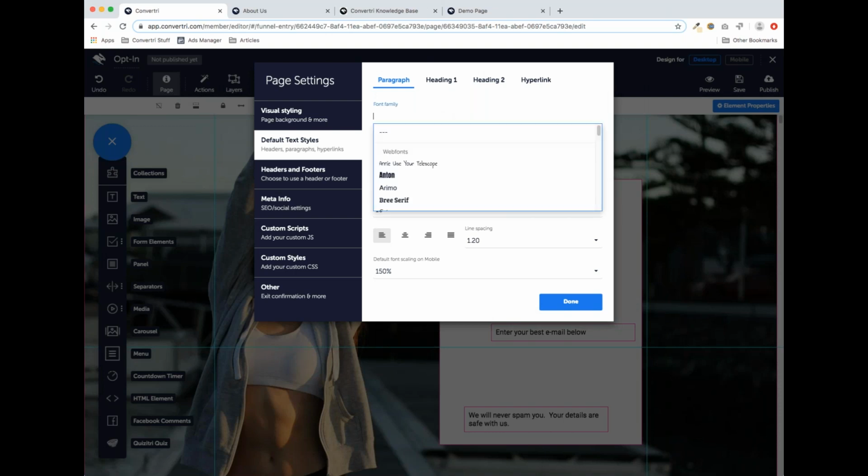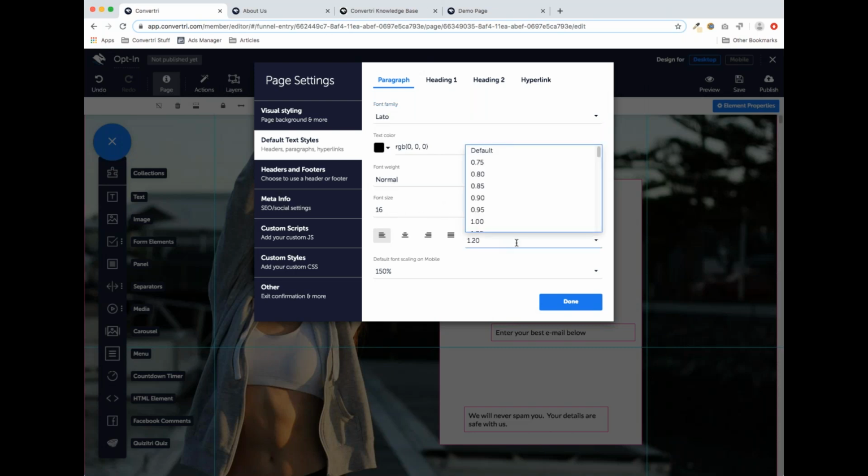So let's change the font family of the paragraph style to Lato, because I quite like that font. And the font weight and the font size is fine. I'm going to increase the line spacing to, I think, 1.8. I like quite a lot of white space between the lines on the page because I think it makes the text a lot more readable. And being readable is just very important for conversions. Like if people can't read your text, they're not going to make the effort for it. So